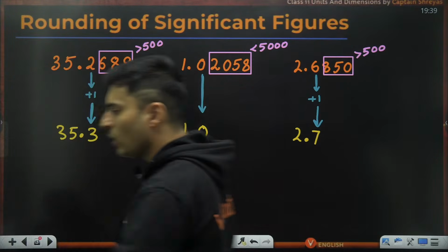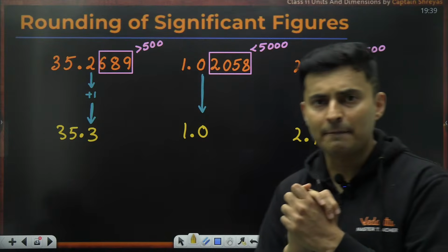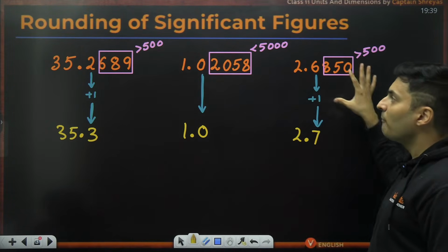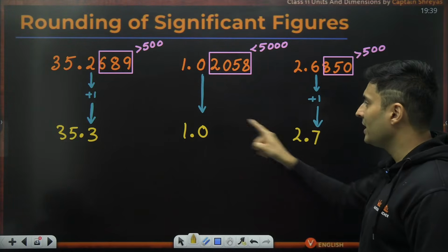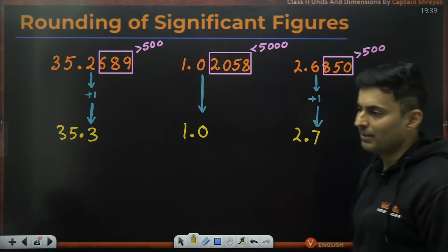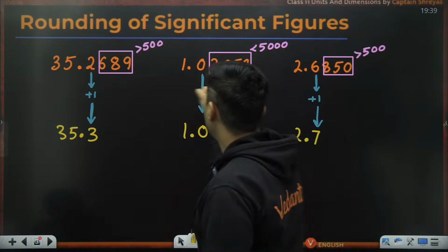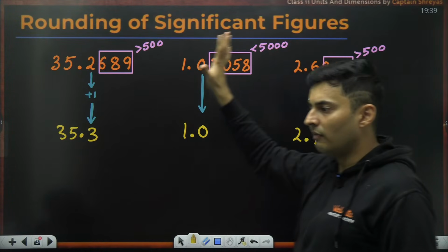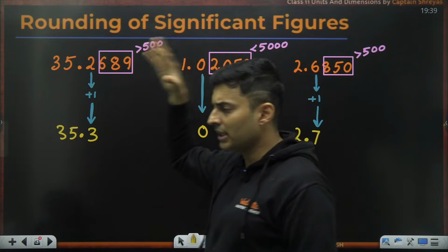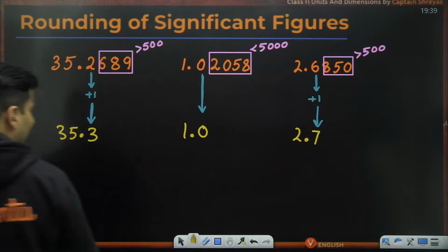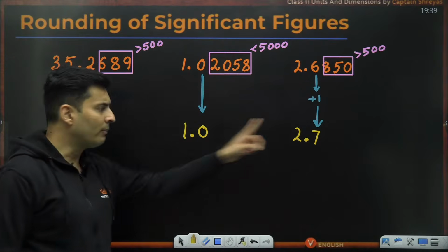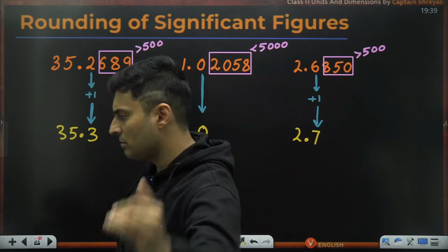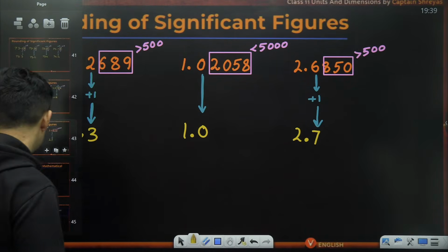Very nice. Many of you got it. Proud of you guys. Amazing. Very cool. If you got it right, and if you know what to compare it with, that's it. Your job is done. Everything is done to a single decimal place. You just need to know which digits you want to get rid of and compare it with a suitable power of 5: 50, 500, 5000, 50,000, whatever it is. Is that right? Very good. 35.3, 1.0 and 2.7. Excellent. Really proud of you, my future doctors. Perfecto, my dear NEET warriors.